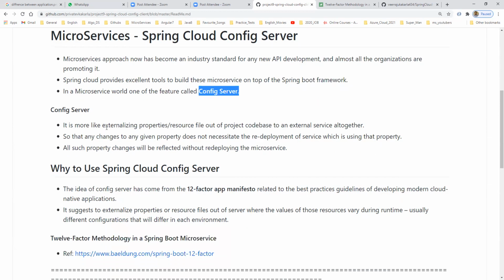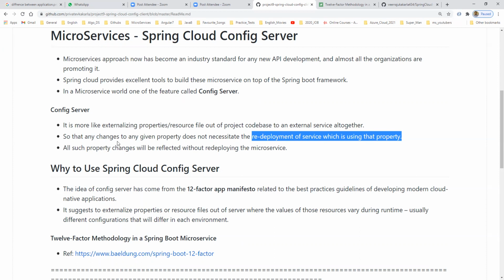Fine. Config server is like externalizing the property source file out of the project code base to an external service altogether. We are maintaining the code externally, so we should maintain the properties externally also. That is what a config server is. So that any change to a given property does not necessitate the redeploy of the service which is using that property.